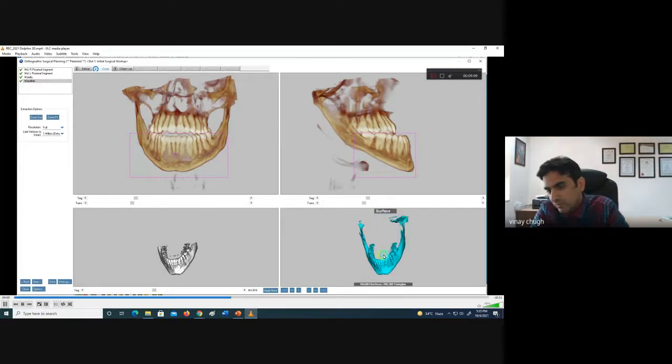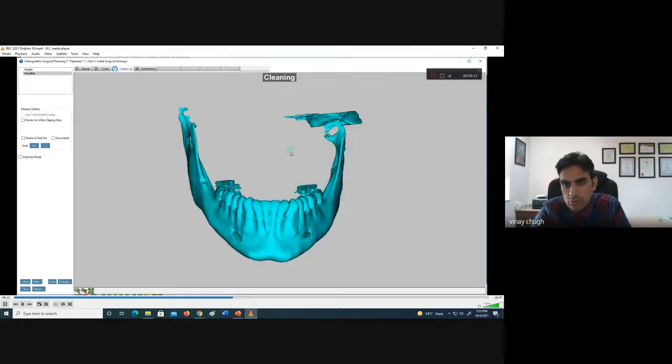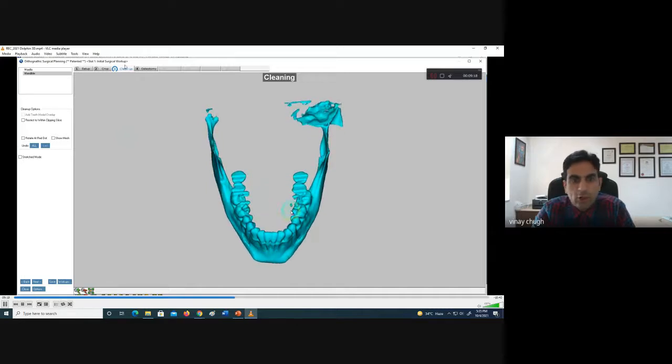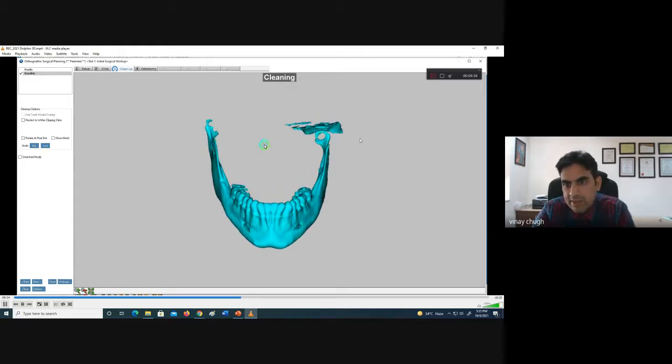So if you are not satisfied with what you have got, you can just repeat these steps again. Once you get this full mandible, there is an option to clean up at the top. What you can do is, this occlusal surface of these upper teeth, you can just clean up this part. Every software is unique in its 3D planning. This is what we usually do in Dolphin. We just clean up this part, and you clean up this top as well, and make a good mandible where we will be placing the cut.